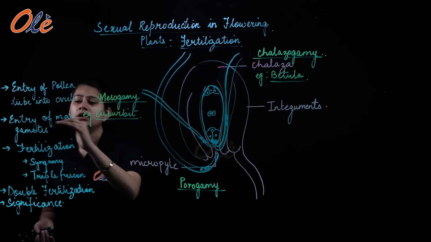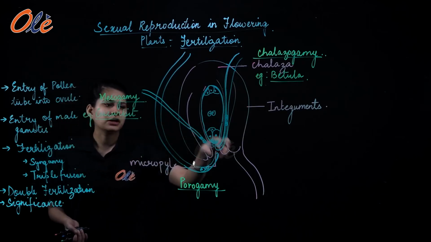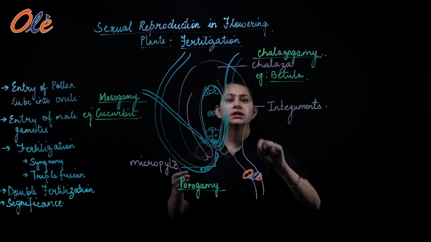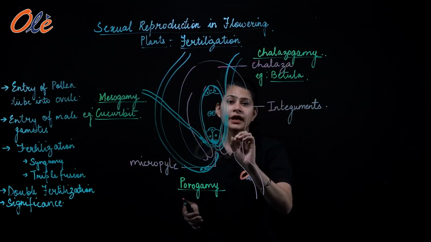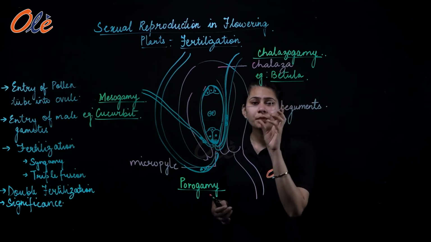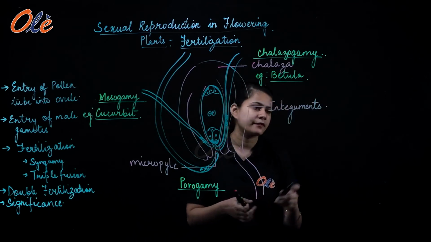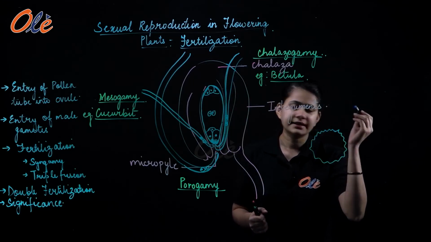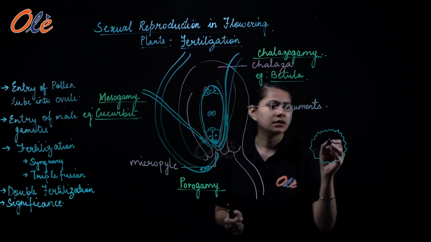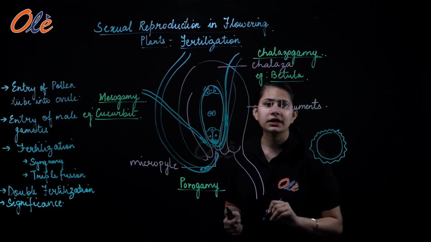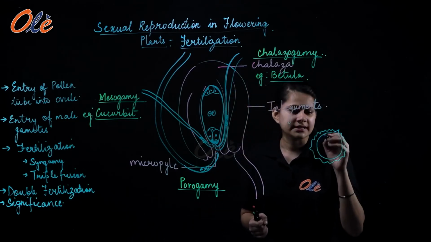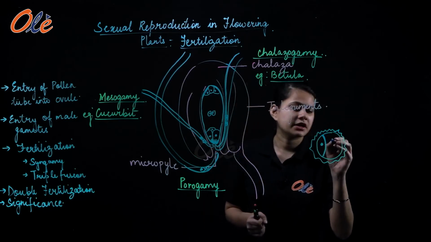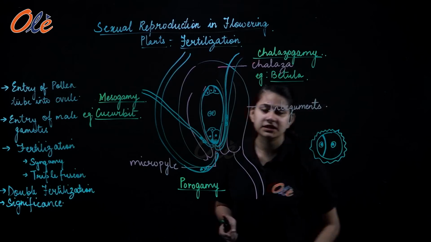Now we are going to move on to the entry of the male gamete. अब देखो, once the pollen tube has entered, इन तीनों तरीके में से किसी से भी अगर enter करेगा ना, it has to reach the egg apparatus, right? When it reaches the egg apparatus, तो जो pollen grain होगा, what will be its form? See, जो हम लोगों ने pollen grain पढ़ा था, it had this outer layer which was known as the exine, then it had the inner layer which was called the intine, and then it had two cells. There was a smaller cell, right, and a bigger cell. I hope you remember this, right?